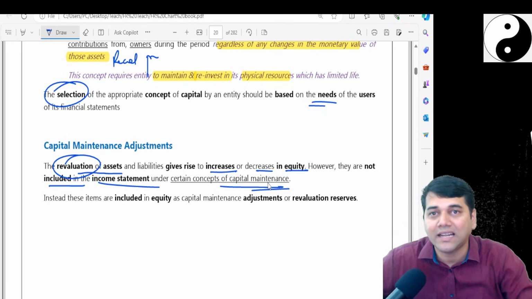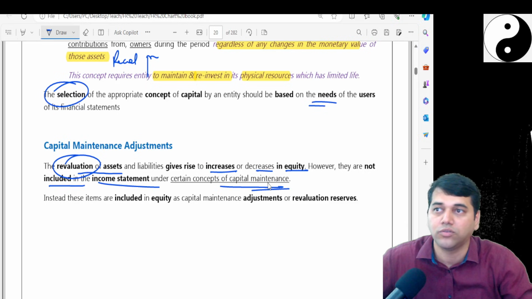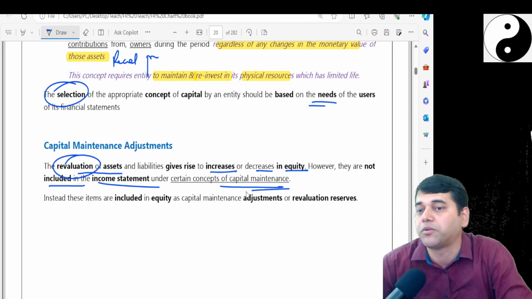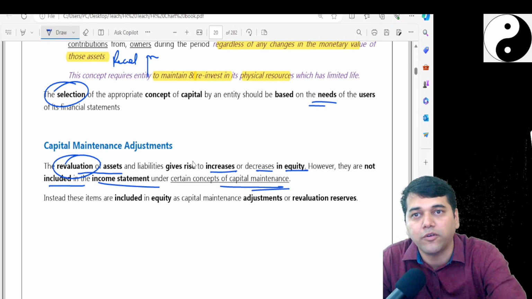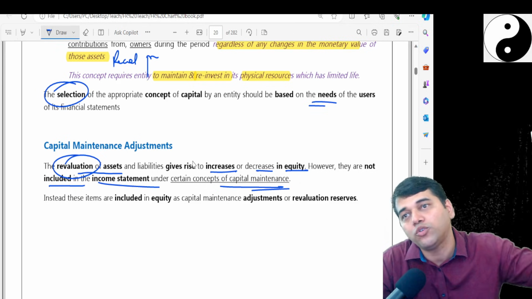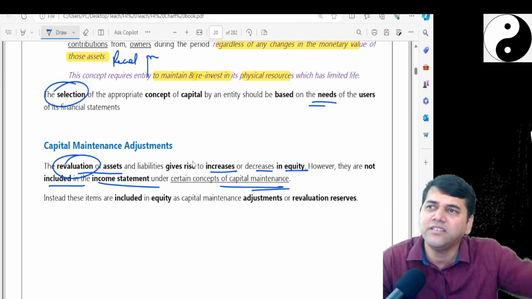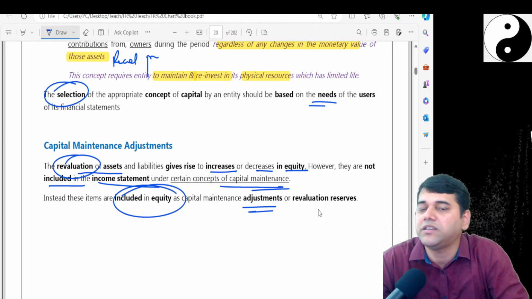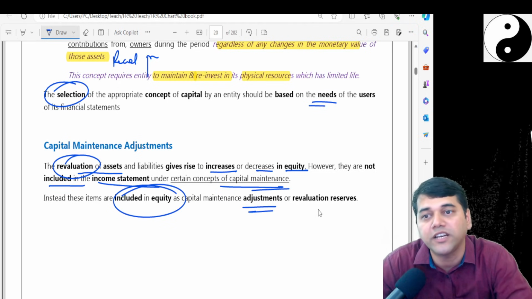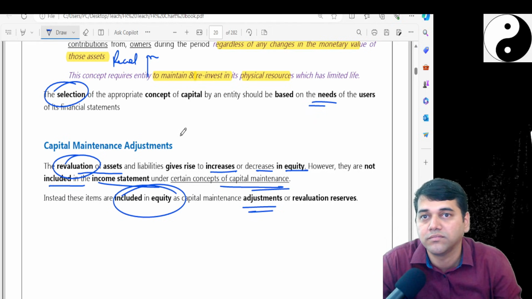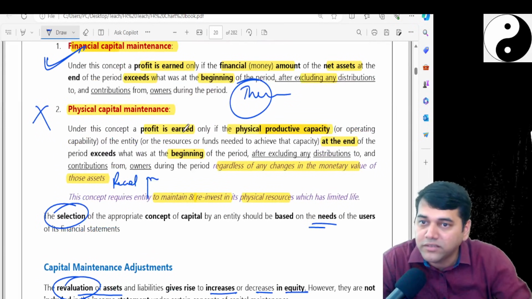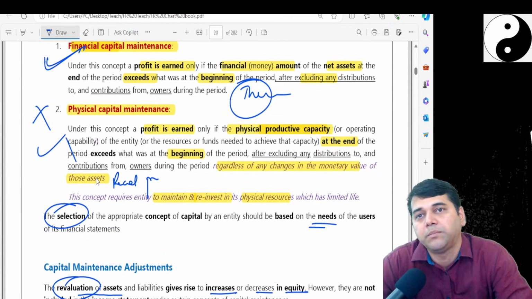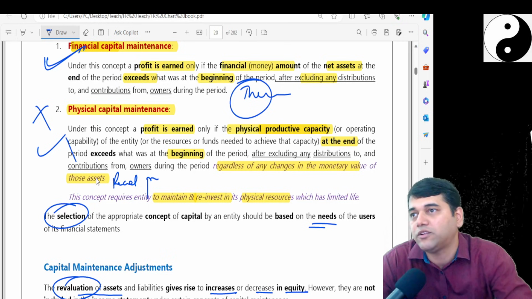But actually, did you sell that land? No. That's why they say that this revaluation reserve is not part of your profits. That's why, again, this is coming from the conceptual framework. That's why revaluation surplus will go to OCI. It is directly in the equity. They said it will be included directly in the equity as a revaluation surplus. It will not be reflected in your profit. And that we may consider only here, not here. In physical maintenance, we will not consider that. That's why people who are interested in physical capital may like to choose a cost model.